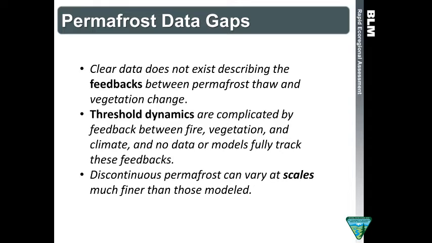One of the biggest is that it's really tricky to figure out the feedback loops between permafrost thaw, vegetation change, and hydrology. You can say, yeah, we're expecting some pretty radical hydrologic change across a big part of this area, but a lot of that occurs at the micro level, and the literature doesn't always support pinpointing exactly what those changes will be, particularly when there are threshold dynamics at play.